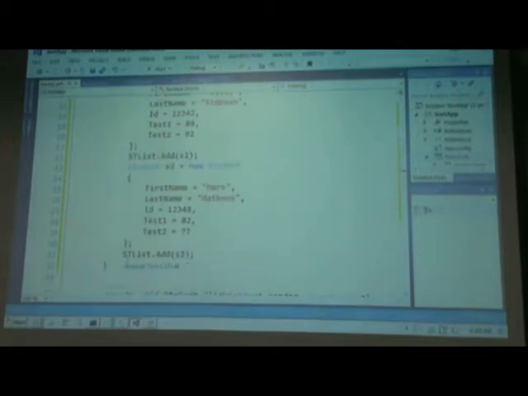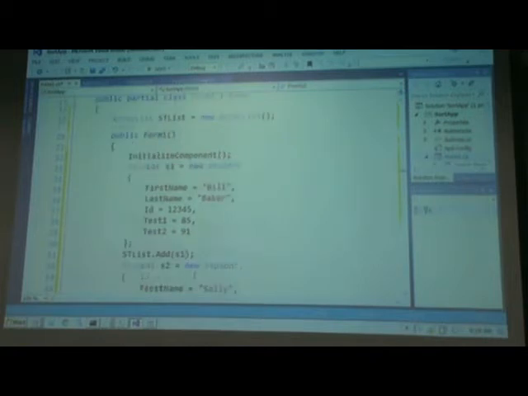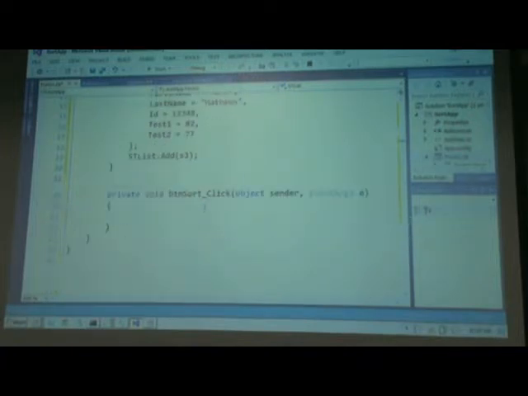Okay, that should be S2, that should be S3, right? So to this ST list in the constructor of the form, we've added the 3 students. Now let's go to the button handler for BTN sort. So now the quick sort